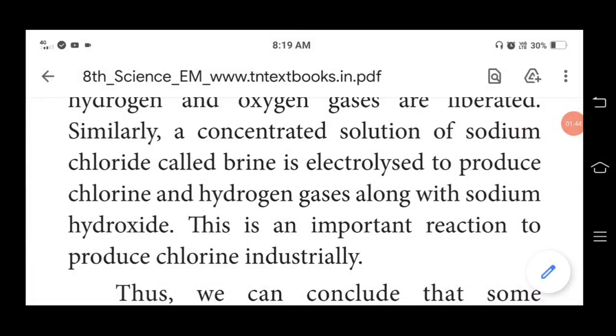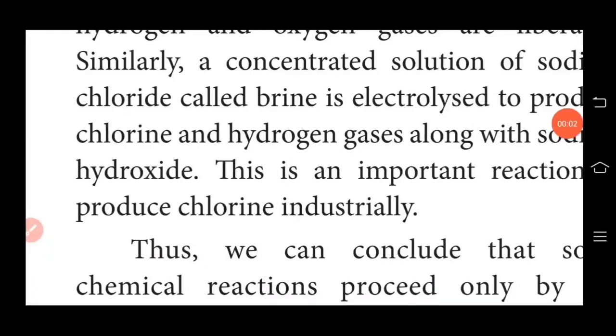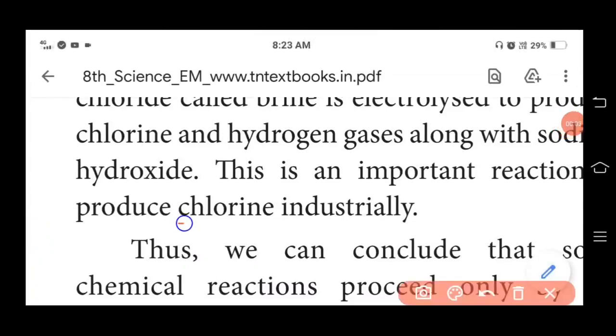Students, here is the question for you. What are the uses of chlorine? Students, some common uses of chlorine are: it is used as a disinfectant and a purifier in hospitals, it is used in water purifiers, chlorine is used as a bleaching agent, and in medicines to prevent infections.